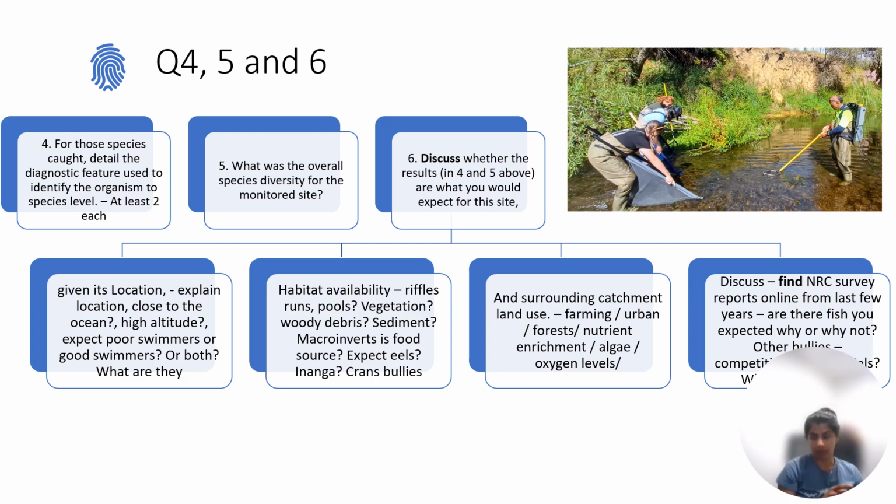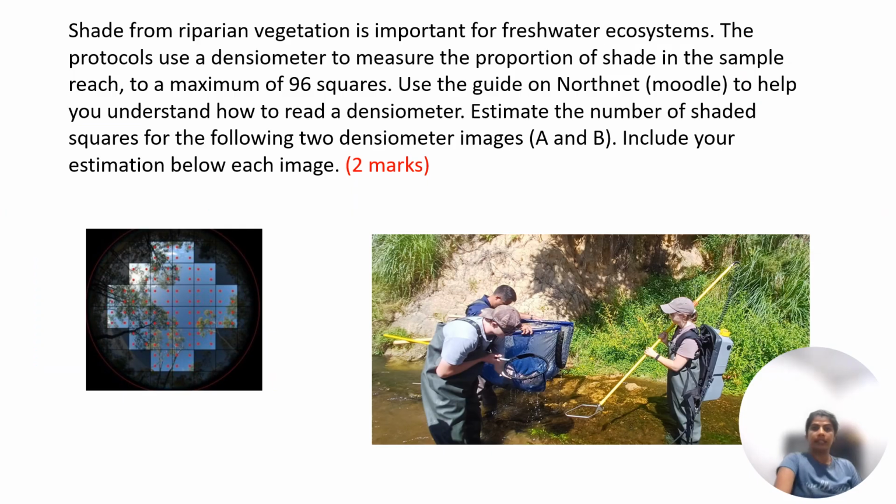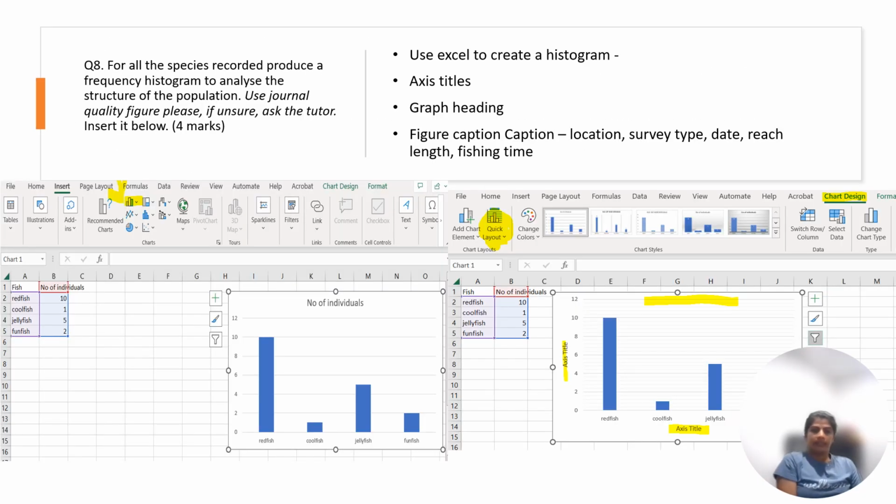I think this is a 4-marker question, number 6. So explain each aspect and then explain why you expected it, why it wasn't there, or why you didn't expect it and it was. So take your time and explain properly. Then, just